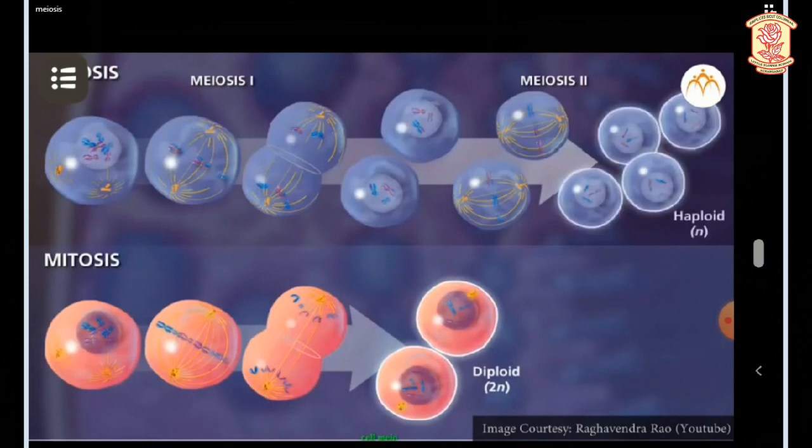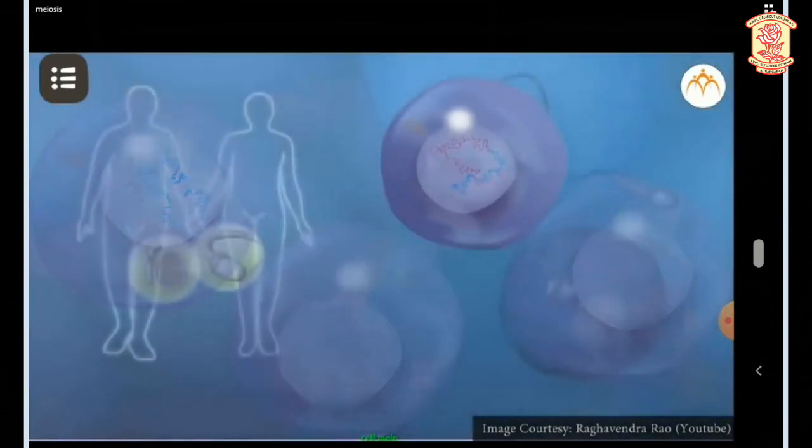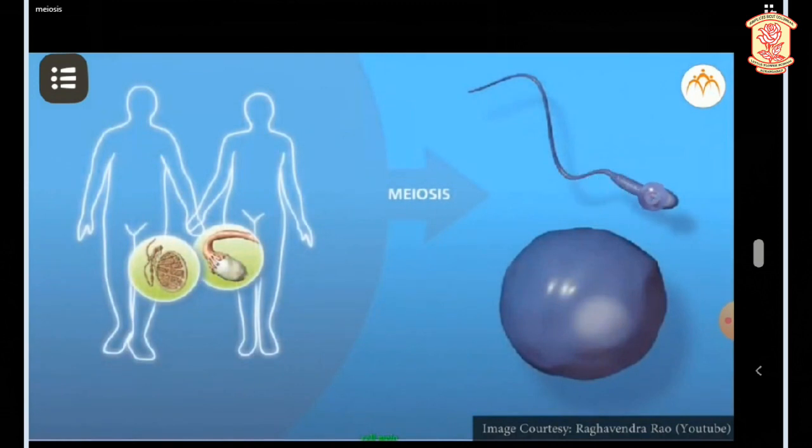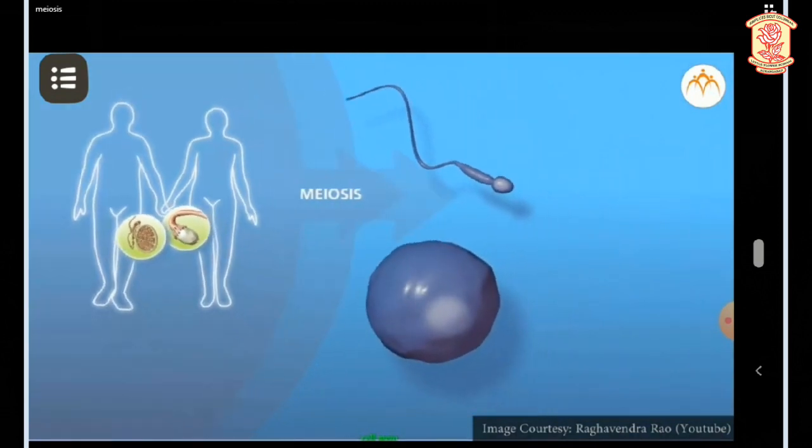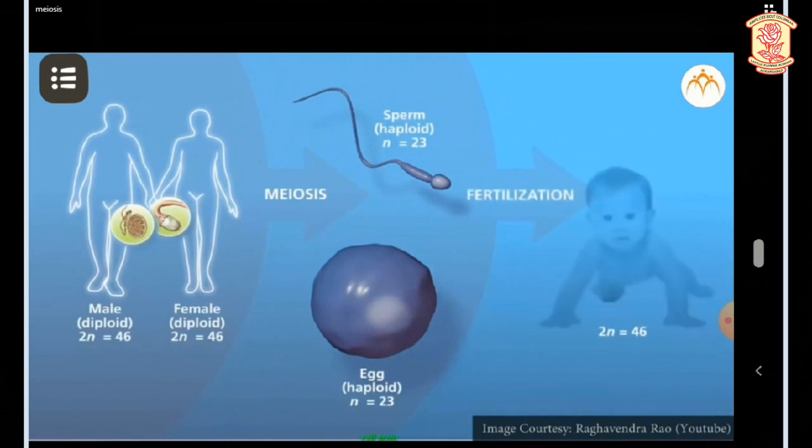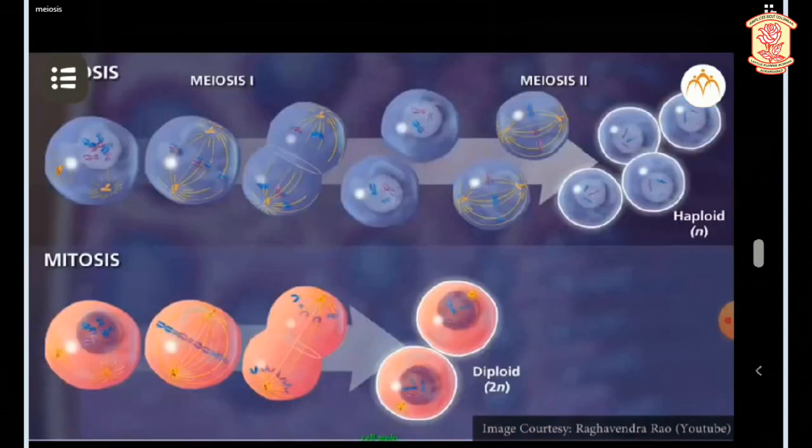In human beings, the germ cells undergo meiosis and ultimately give rise to sperms or eggs. Germ cells contain a complete set of 46 diploid chromosomes, and by the end of meiosis, result in the reproductive cell or gamete, each having 23 genetically unique chromosomes that are haploid. If you compare mitosis and meiosis, mitosis has one division, whereas meiosis has two divisions.